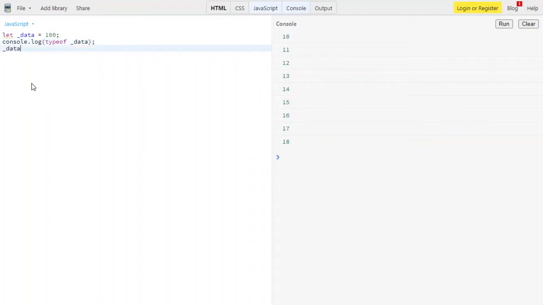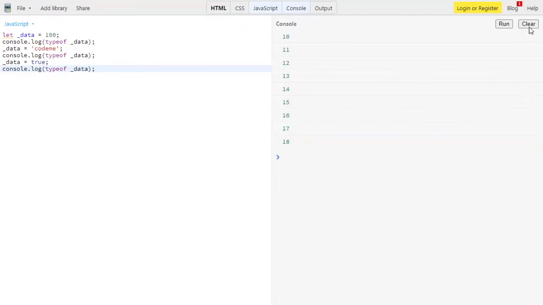Then assigning _data equal to "code me", then console.log with the typeof operator, typeof _data. Then you can also check by assigning _data the value true. Then we have console.log over here with typeof _data.